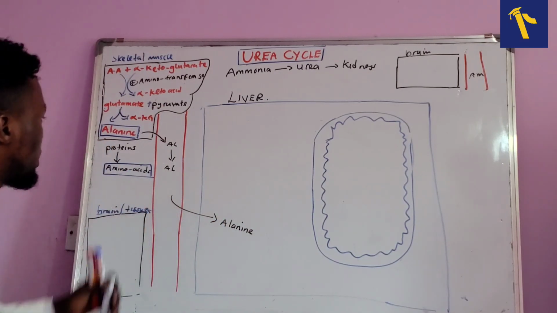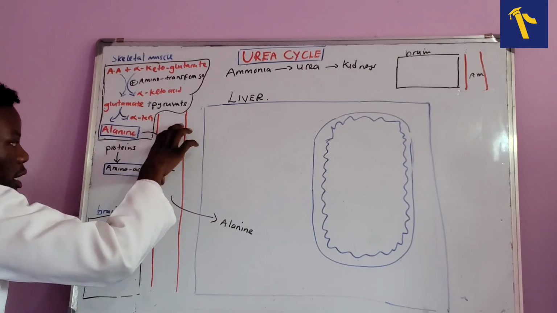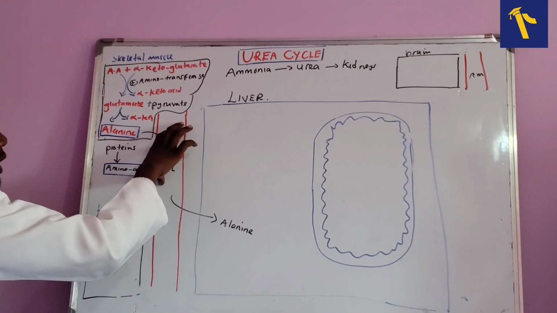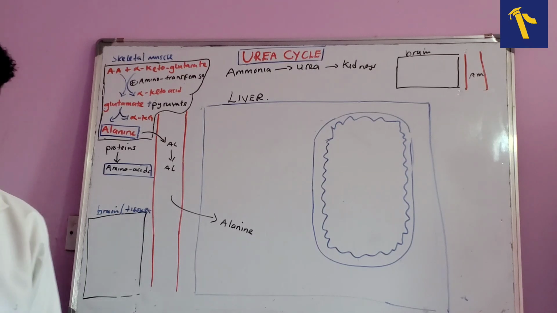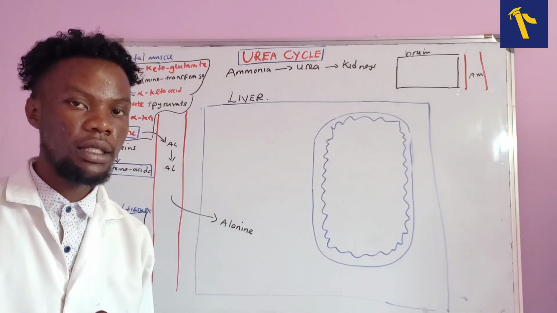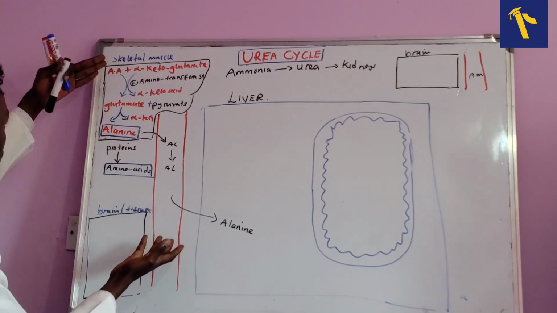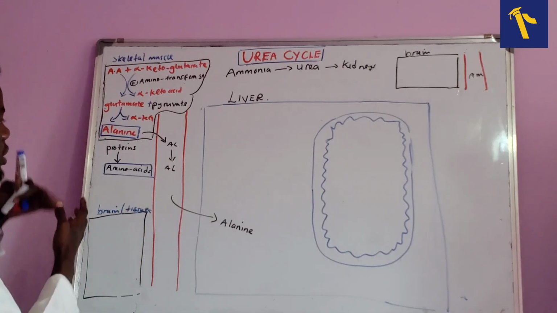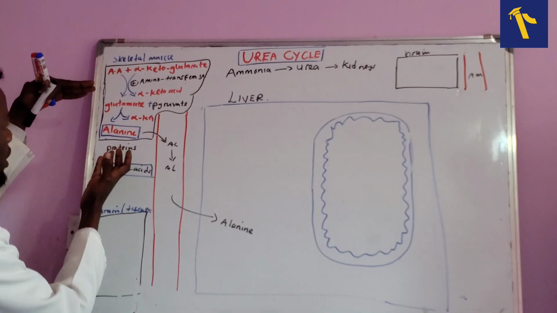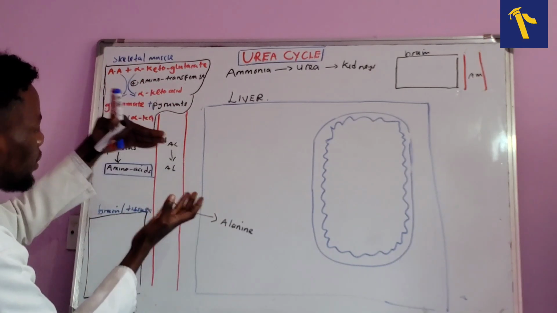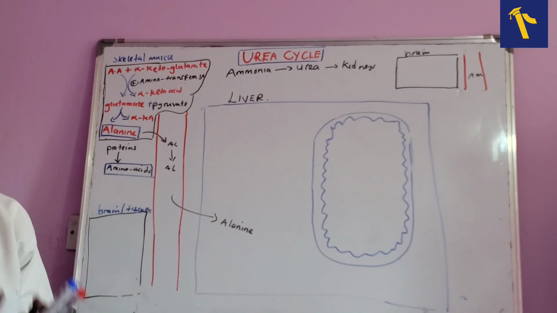Otherwise, remember what I said: if ammonia is not carried through alanine and is in the blood vessels, it can be taken to the brain, causing cerebral edema. So we don't need ammonia in the blood vessels, but we need ammonia in the form of alanine so that it can be transferred to the liver safely. So what do we call this? How skeletal muscles transfer ammonia to the liver is through alanine. What do we call this transfer? We call it alanine nitrogen transport.